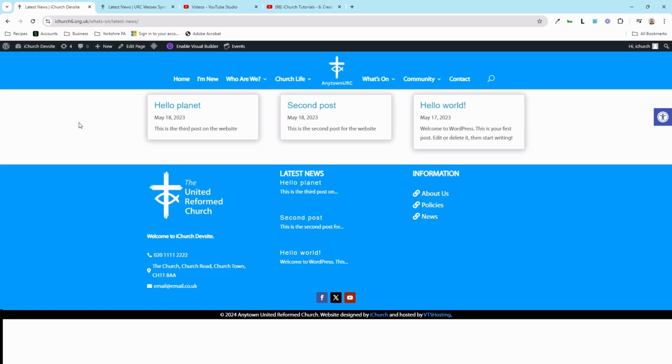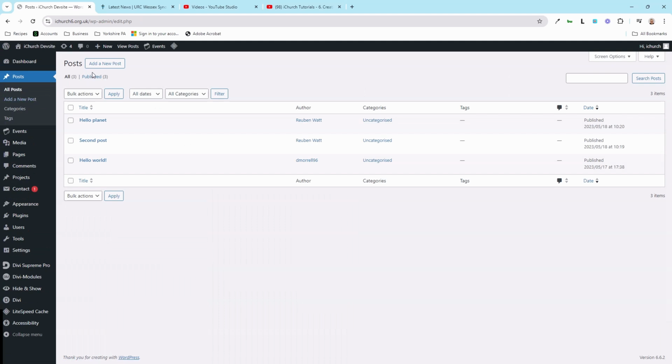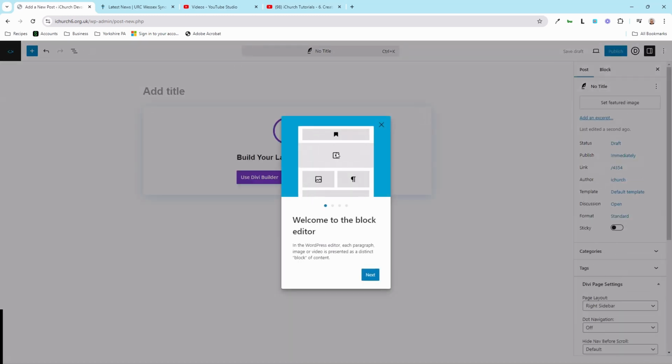So how do we create a post? We need to be in the back end of our website to begin with, and we need to go to Posts. We can click Add New Post at the top here. Adding a new post is really, really easy. I'm opening this for the first time. I've not used this post editing tool in this draft website yet, so it's taken me through this tour of